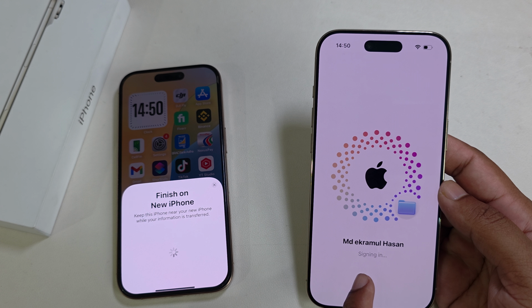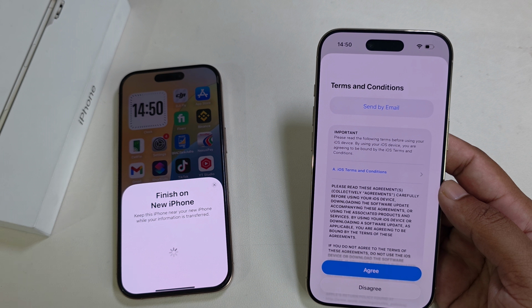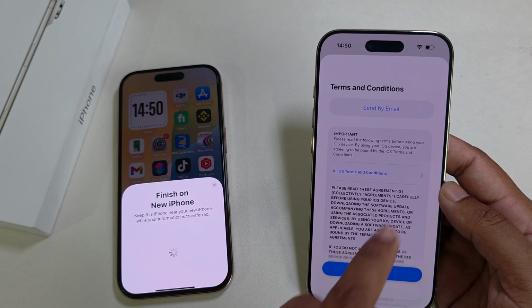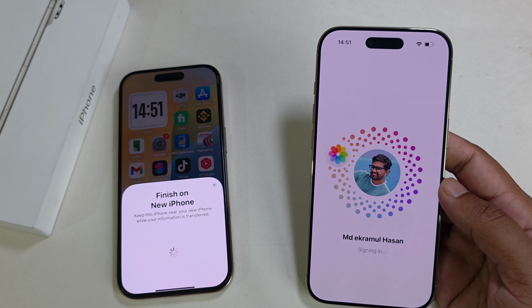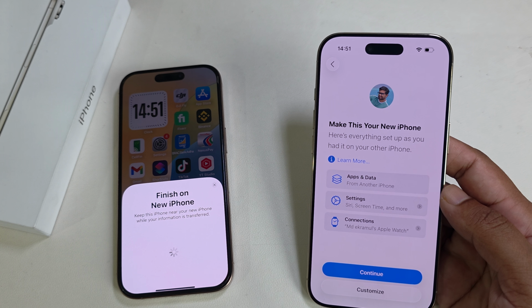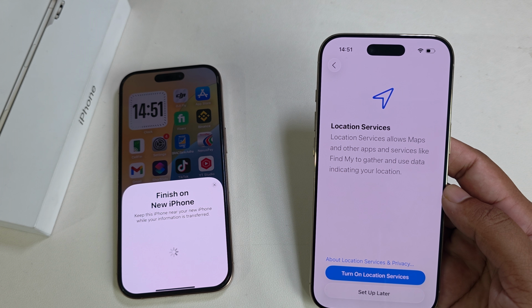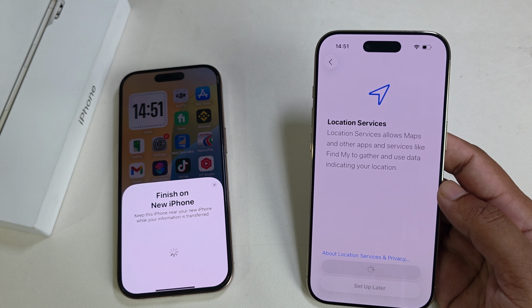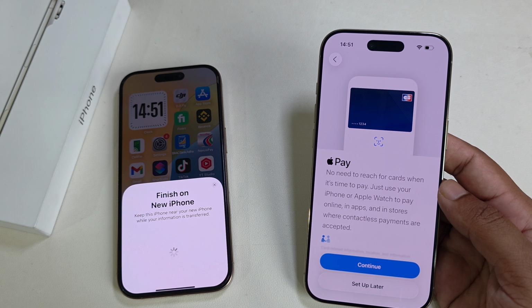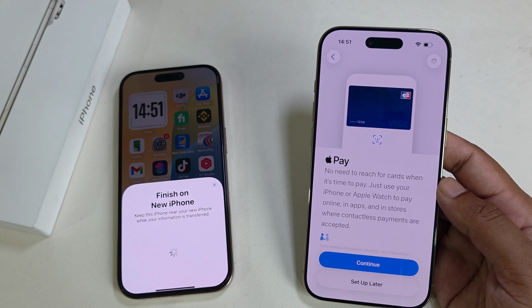Now here you can see all iCloud data is transferring. Press on agree, press on continue, set up later, okay, set up later,